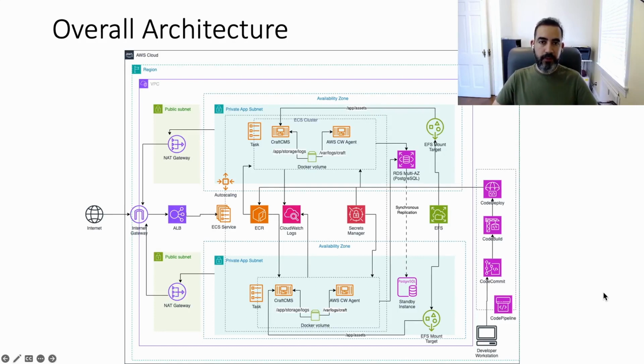In this video, we will do a deep dive into the architecture on AWS for Craft CMS. Now, Craft CMS is a growing and already very popular CMS, which is a very viable alternative to other popular CMS like WordPress and Drupal. So, a couple of things to note about Craft CMS before we start looking into this beautiful architecture diagram that